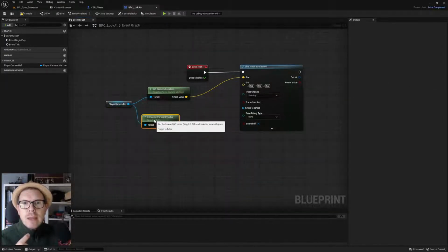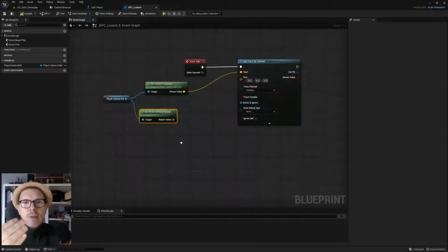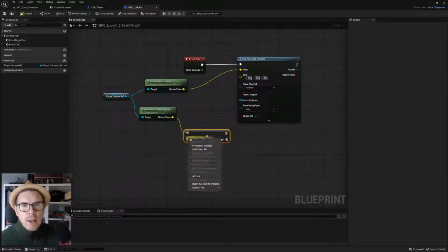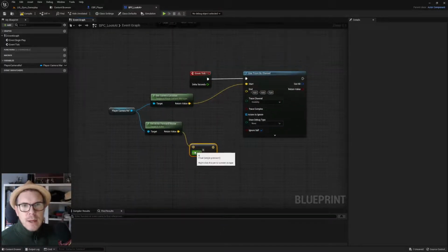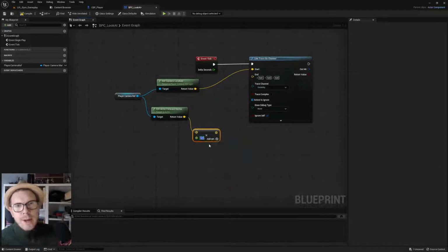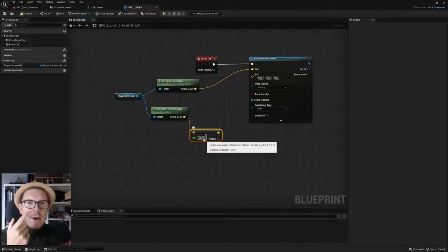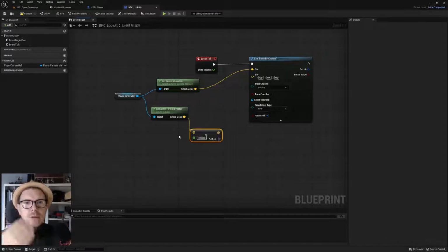So first we need to make this vector longer, so we can track for some kind of end position. So we multiply this with a float. Multiply, we don't have the float option here, so we just choose multiply and then we right click and convert this pin into a float. And this float could be hard coded here to 10,000, for example. That's 10,000 centimeters. So now we have a vector that is based on the forward arc of the player, 10,000